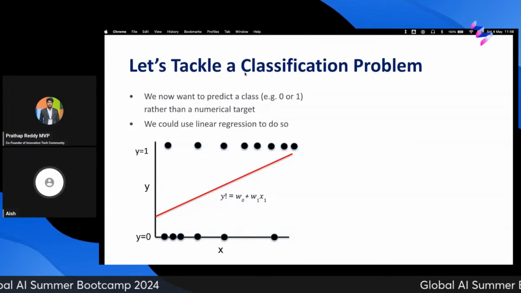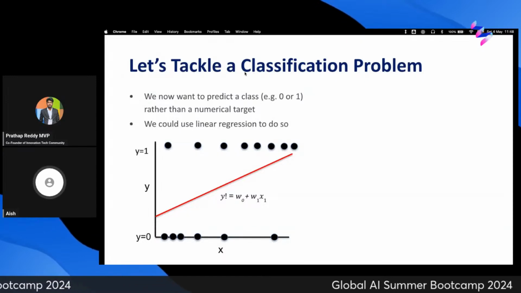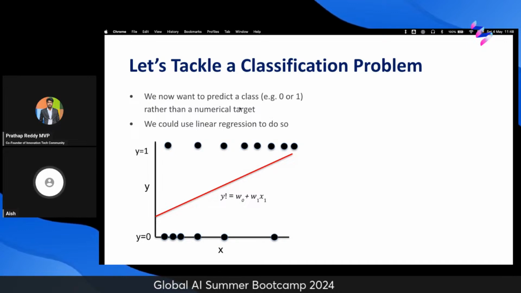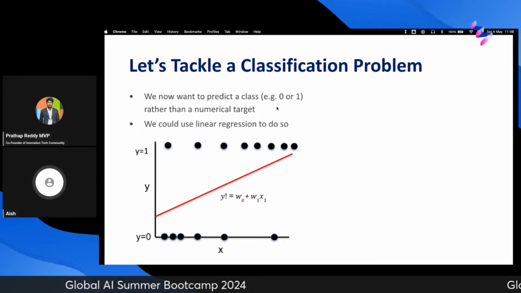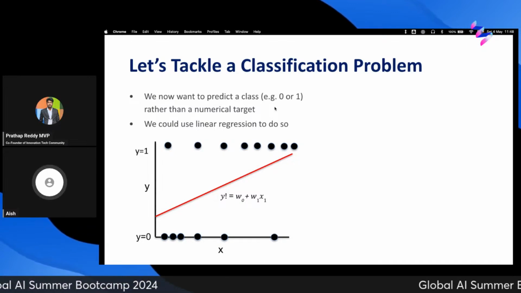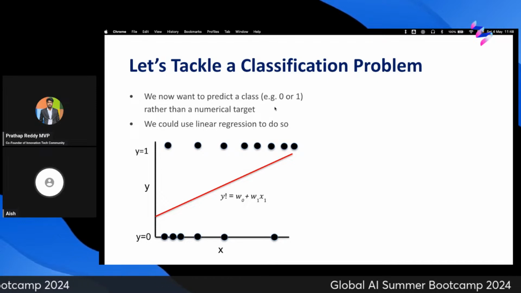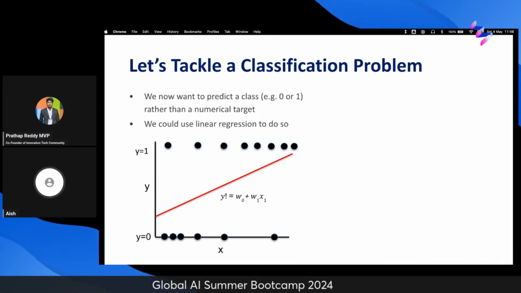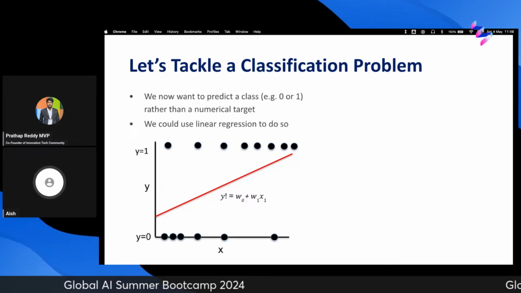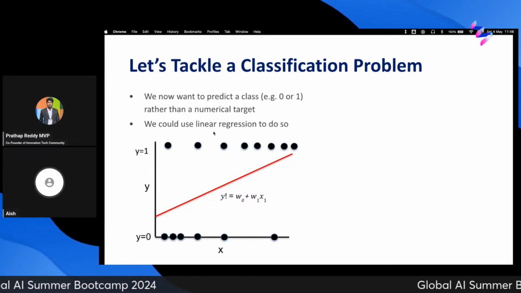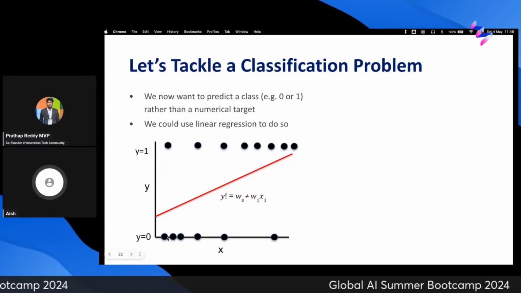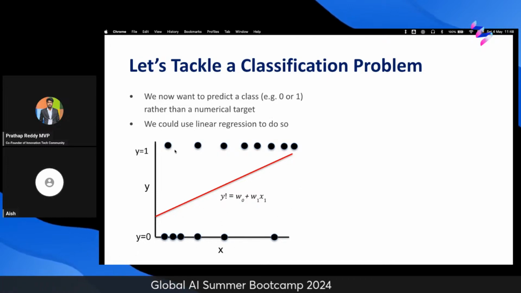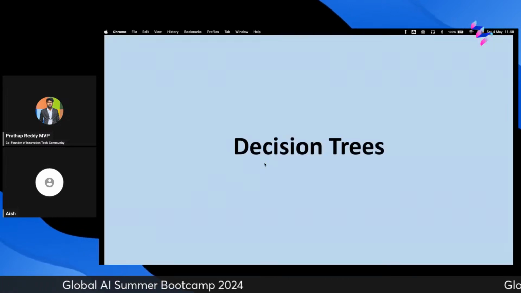And then logistic regression is used in classification problems. For example, if you want to predict a class having a value 0 or 1, say you are doing sentiment analysis and you want to predict whether this review by the user is positive or negative, then that is an example of a classification problem. So you see all the Y values here are either in this particular area or in this particular area.